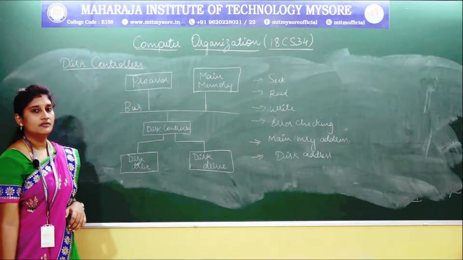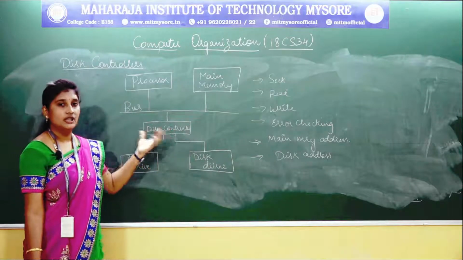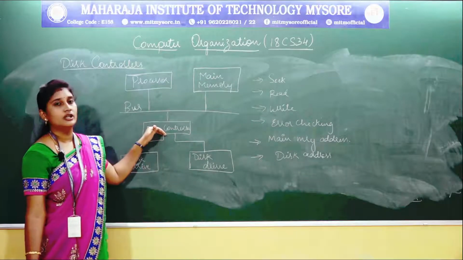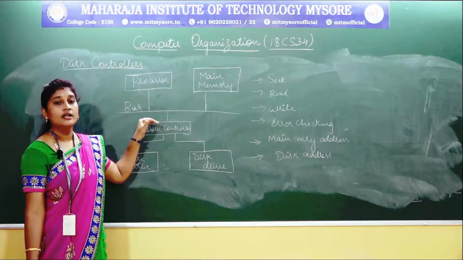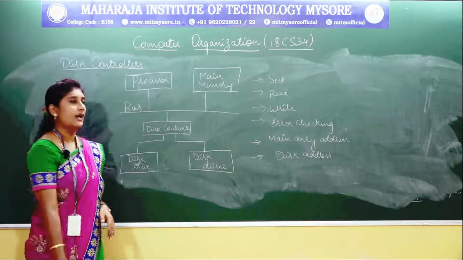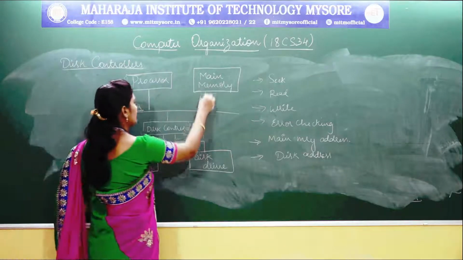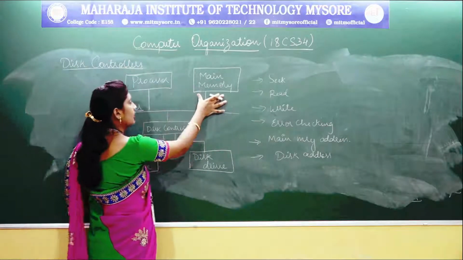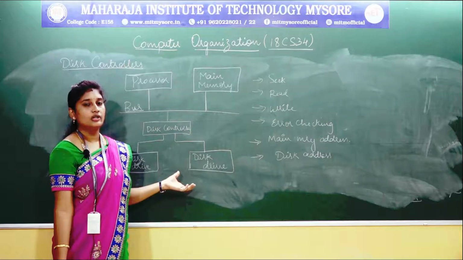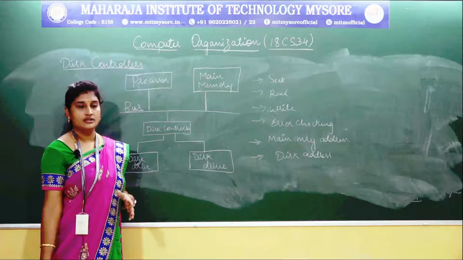Wherever the disk drive is present, whichever data you need to fetch and access, all these controlling signals are handled by a circuitry called your disk controller. This disk controller is connected to a communication channel called your bus structure. Through the bus structure, the communication happens either from the processor or from the main memory. That is, if the data is not present in the main memory, then you fetch the data from your secondary storage devices, that is your disk drives, isn't it?